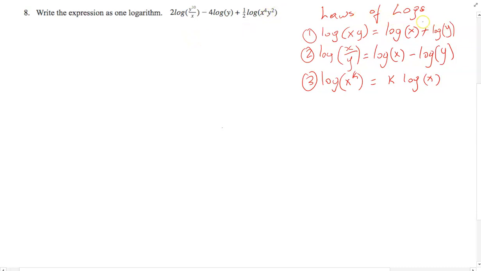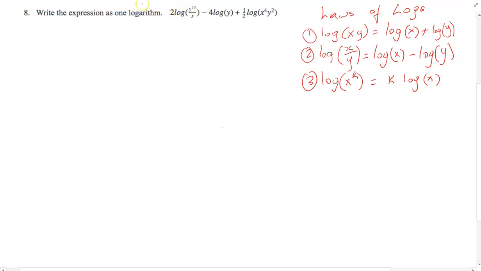Recall the laws of logarithms. The product law, which says log of x times y is equal to log of x plus log y. The quotient law, which says log of x over y equals log x minus log y. And the power law, which says log of x to the k is equal to k times log of x. We apply